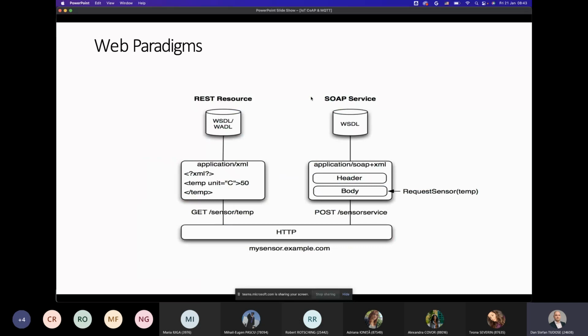The other one is SOAP as a service. Both of them work at a higher level in the same fashion, but CoAP uses a REST scheme in which a query is specified through some sort of XML scheme, something like this.